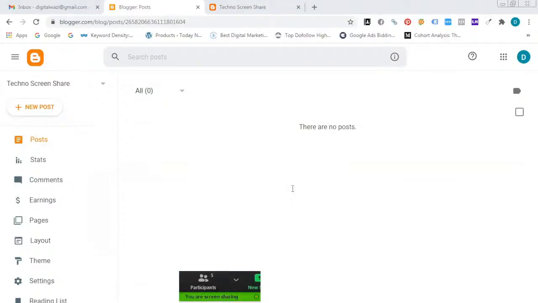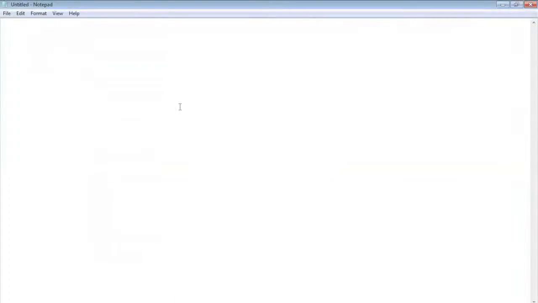Then, how to publish a post? Or I want to publish about laptops: Top 5 best laptops 2021. Like that, you will prepare your content. In real time, you don't need to worry about it. Content writers exist; content writing is also one of the job roles. They will prepare the content and give it to you.